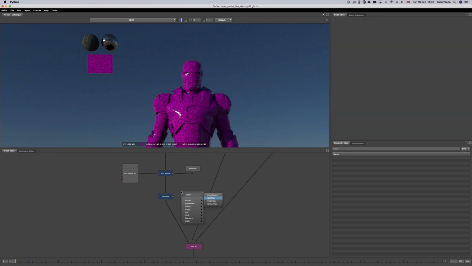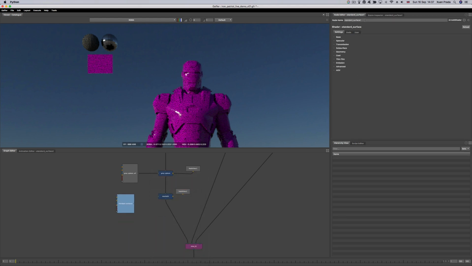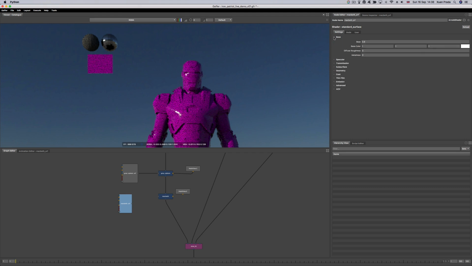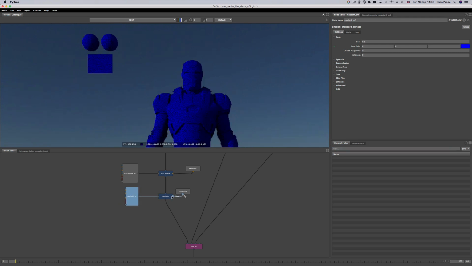So we're going to need another path filter, and we're going to need another standard surface shader, which I'm going to call Macbeth surface. Get rid of the specular for now, and change the color to something that I can identify quite easily, like this. Connect it here and filter by